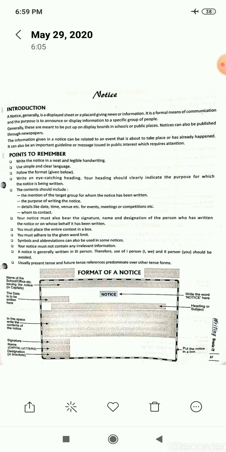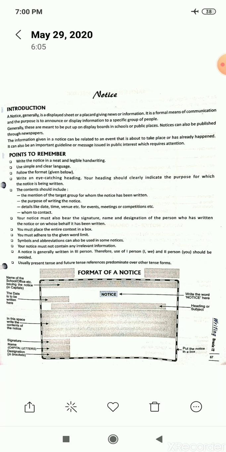your information, right? So, for what purposes notices are being displayed? Notices are displayed for the purpose of conveying some important information, right? To pass on information from one party to the other, right? As it is written in the meaning as well, that notice generally is a displayed sheet or a placard giving news or information, right? So it generally gives some news, something that is new to us, or it adds to